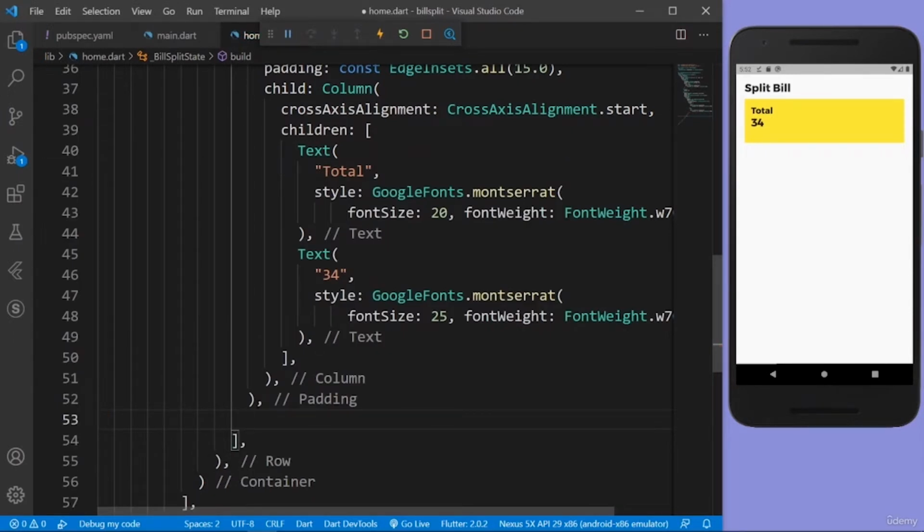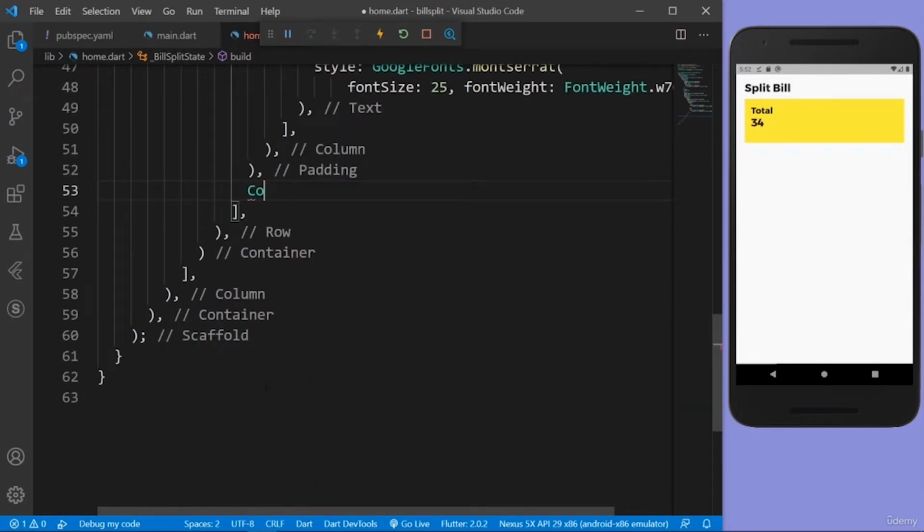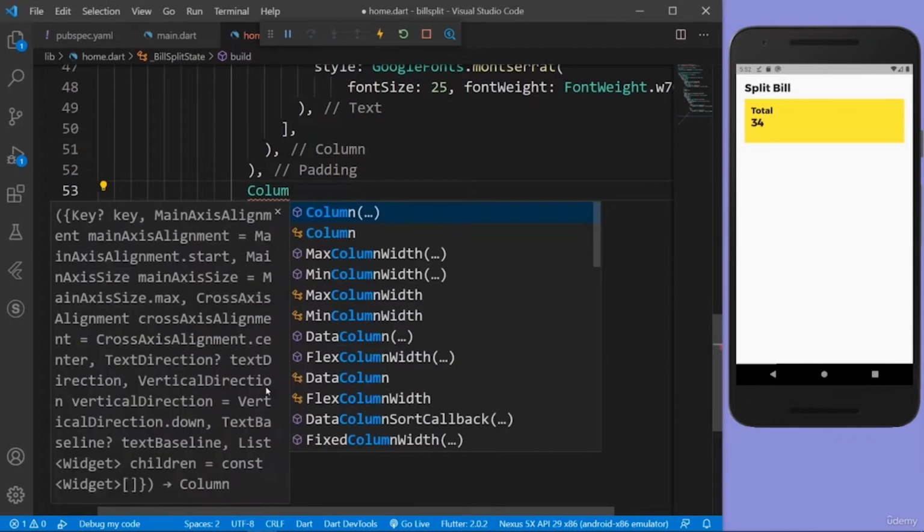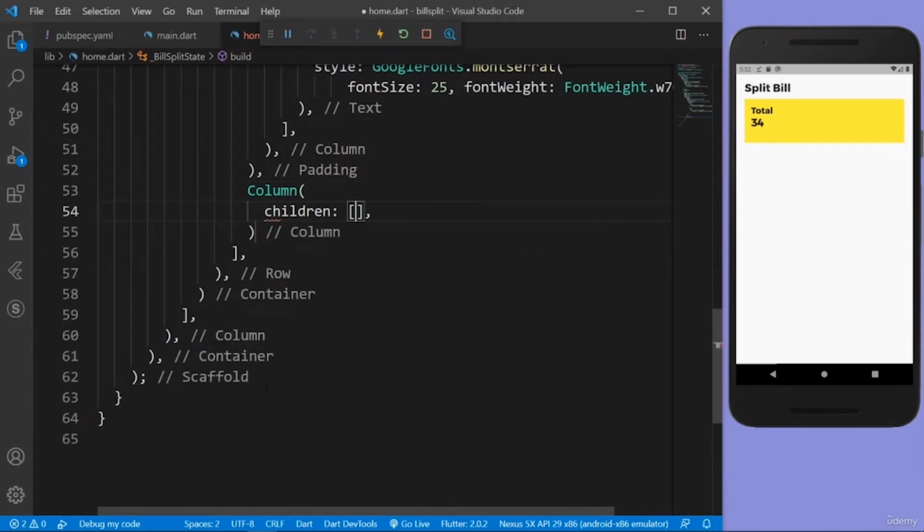So the first one is going to be the friends, the tax, and tips, actually three children, but I'm going to have again two columns in a row. So I kind of want a separate row to have two columns, but I just don't want to confuse you, so I'll just show you what I mean. So the first thing, let's actually just create a column before I explain other things. So I'll say children,